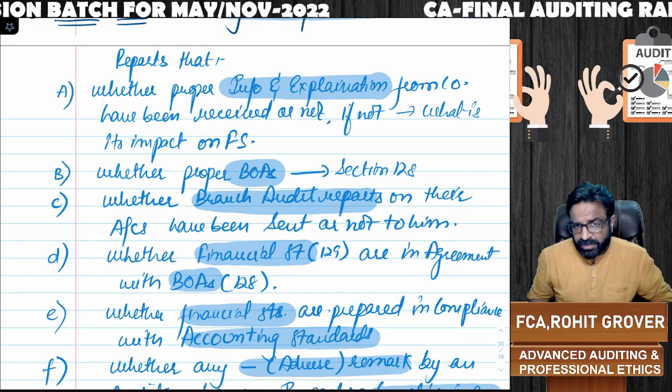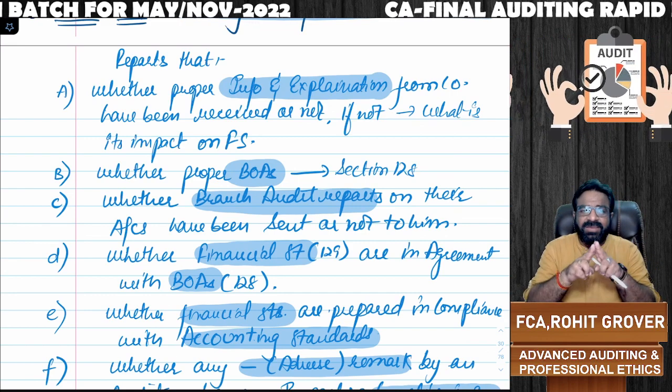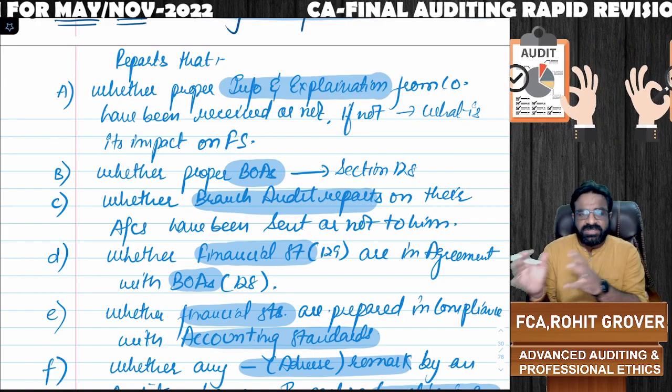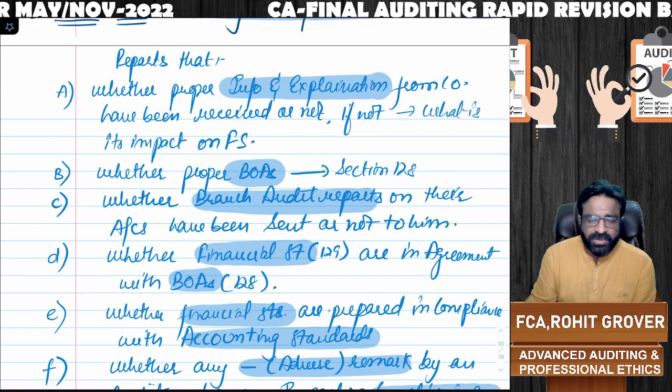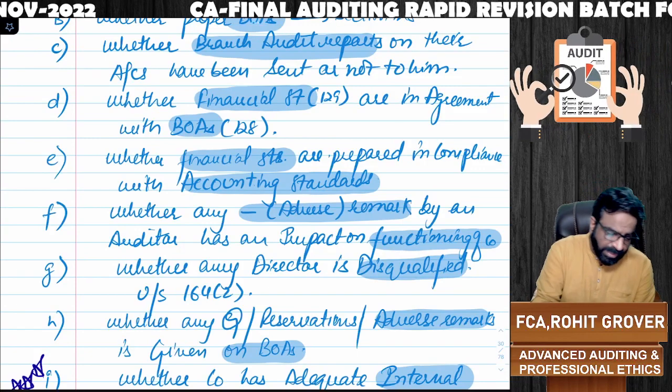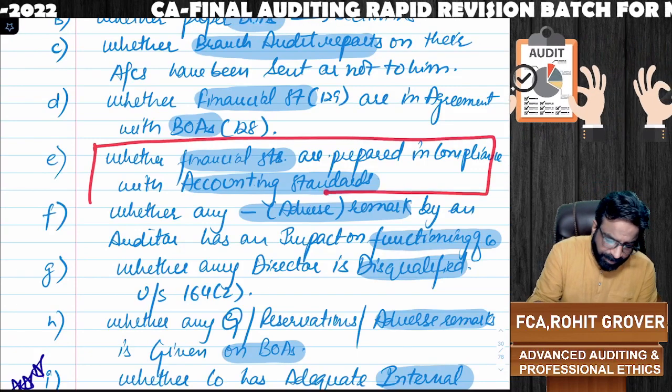Books of accounts. So financial statements must agree with what? Books of accounts. What we are trying to tell you here is whether your financial statements are in agreement with books of accounts or not. In clause E, the auditor is reporting whether the financial statements have been prepared in compliance with